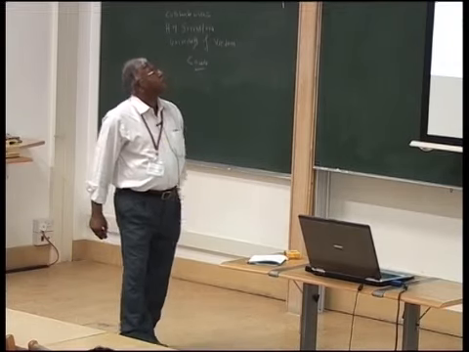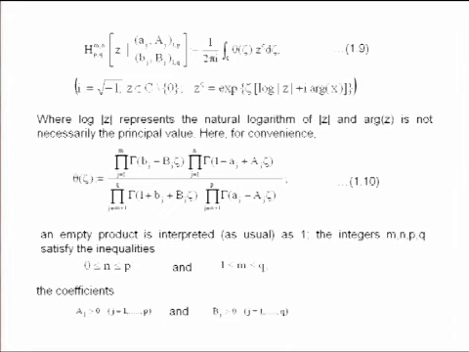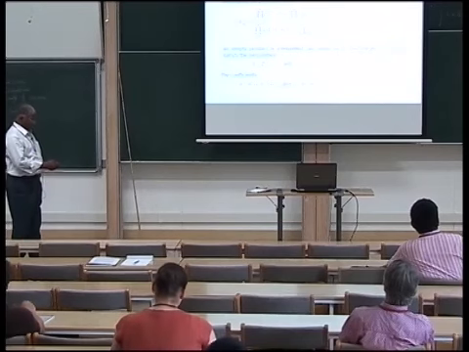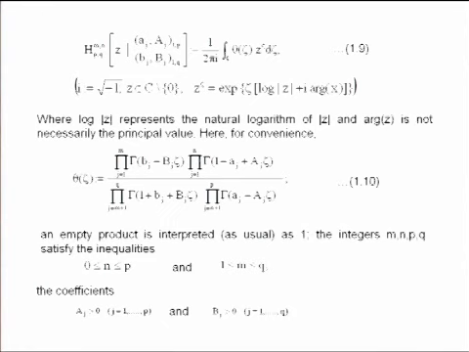Here i is equal to the square root of minus 1, zero is not in the set, and z^zeta is equal to exp of zeta times log modulus z plus i argument of z, where log modulus z represents the natural logarithm of modulus z, and the argument is not necessarily the principal value, the principal part. Here for convenience theta(zeta) is